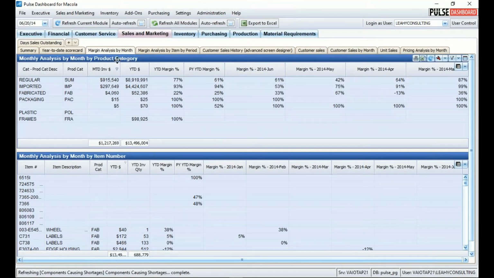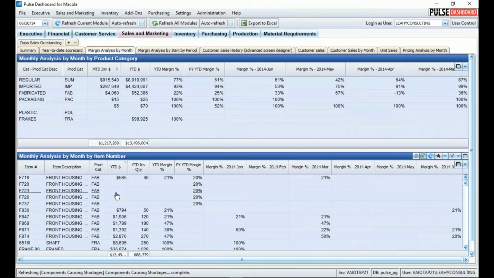But I'm looking at this by product category, instead of looking at this by item number. So I just want to let you know that this kind of analysis, and I should mention also that we have